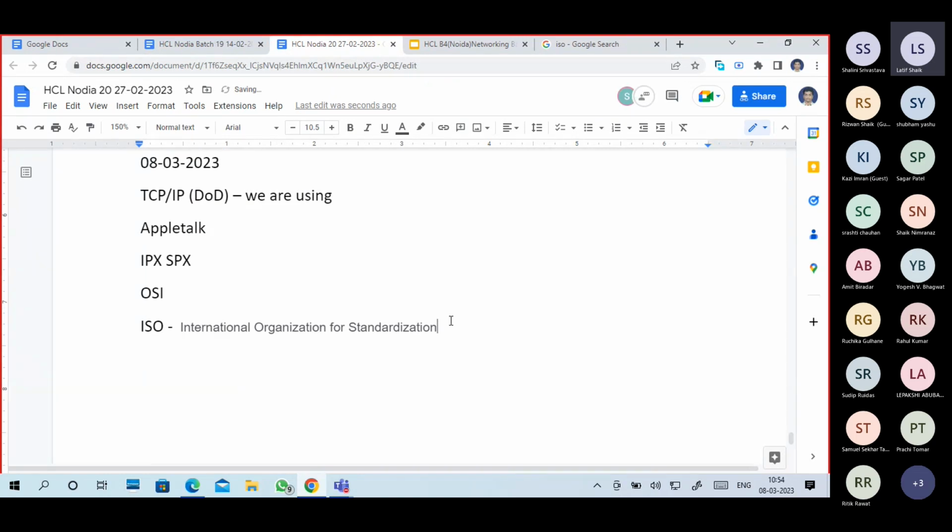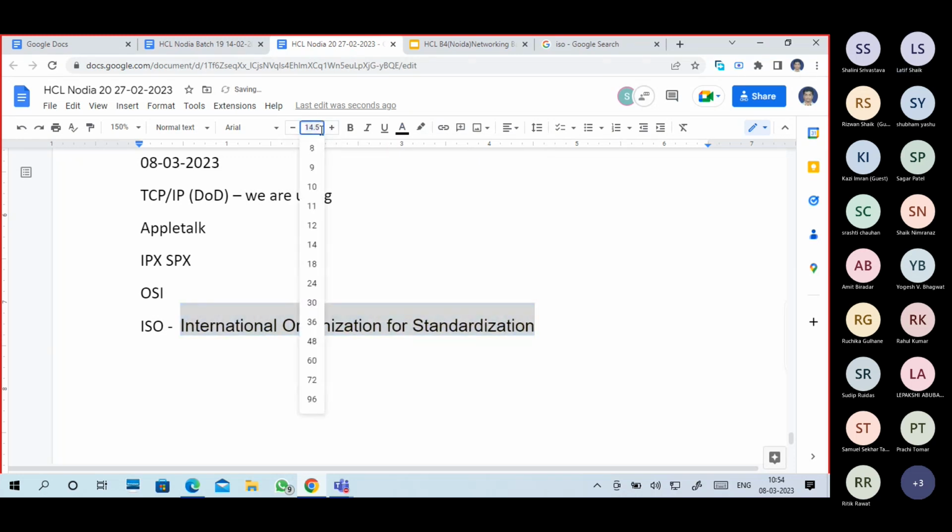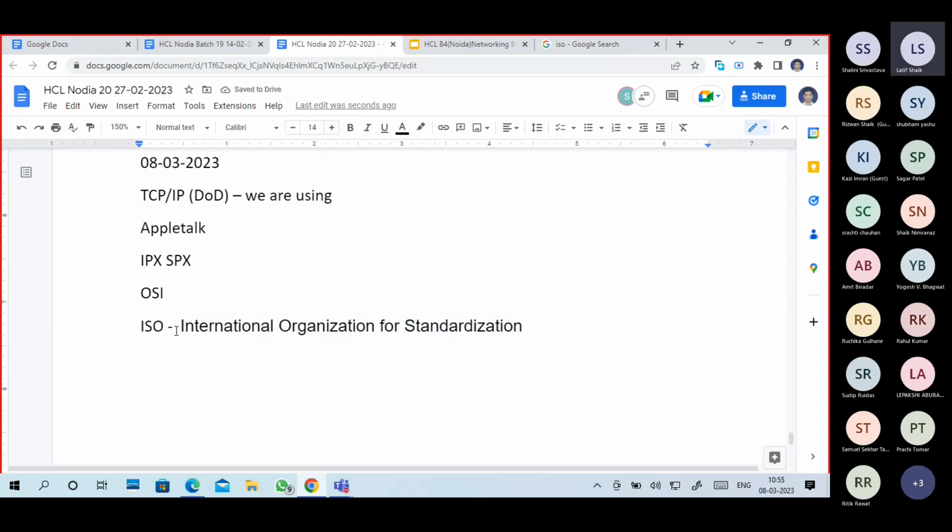Some people think ISO actually built the OSI model, but actually the OSI model is standardized by an organization called ISO.